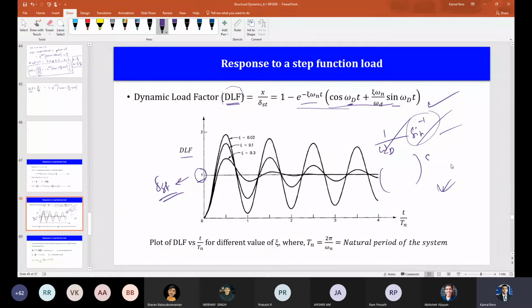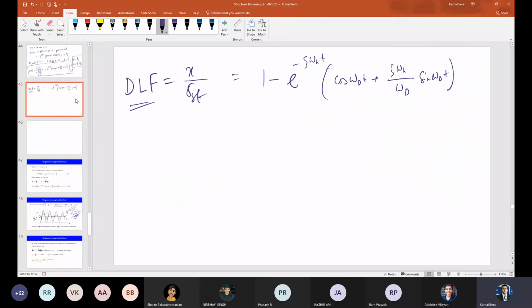So some constant value into sine omega d into t equal to 0, right? Am I correct? Yes, sir. Some constant means time independent. Am I correct or no? Yes, it's coming like this only. Zeta omega n squared by omega d plus... So to set it to 0, basically this is equal to 0, right? So sine, okay, so for